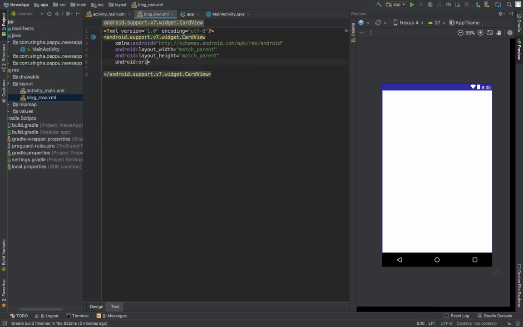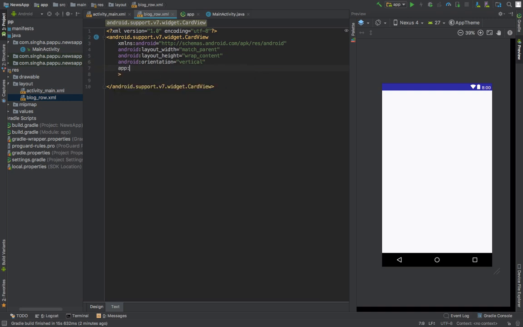Android orientation is vertical. And match parent, and it will be wrap content,